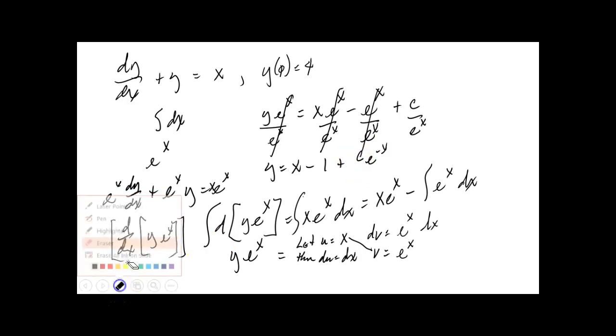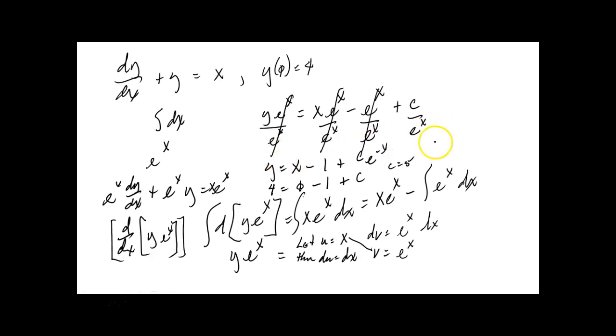Now, we do have an initial condition. When x is equal to 0, y is equal to 4. That means 4 is equal to 0 minus 1 plus, and what's e to the minus 0? Same as e to the 0, 1. So that's plus c. So what does that make c? c is equal to 5. So we go back to our equation here, and you have